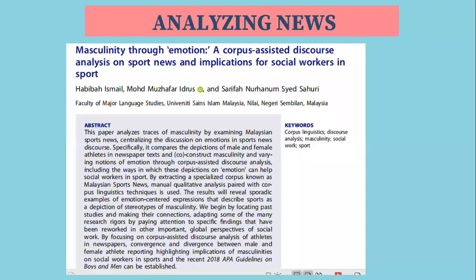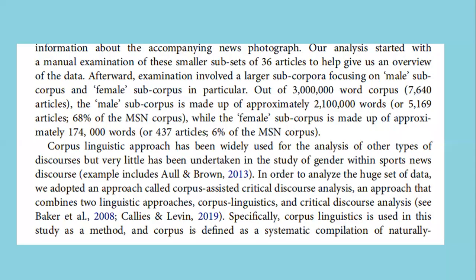Next, this is the example of analyzing text. This study explores masculinity through emotion in text, especially sport news. This study applies manual qualitative analysis paired with corpus linguistic technique and CDA or critical discourse analysis approach. In this study, corpus linguistics concerns lexis and